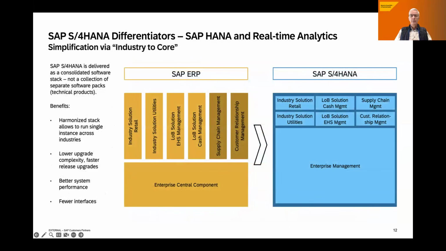The second big change which we decided for was in the classic world, the Enterprise Central Component, ECC, and the add-on solutions, industry solutions, LOB solutions like cash management, etc. They required a separate license, and they were also technically separate. So you licensed them, you had to download something, install it on your system. And going forward, that was not an architecture which we wanted to keep.